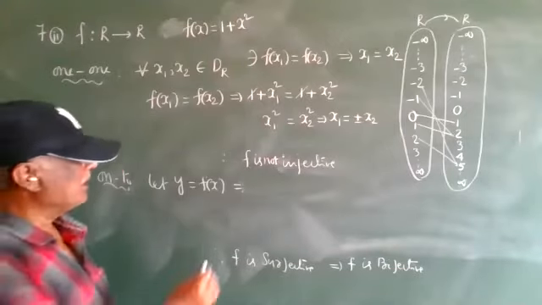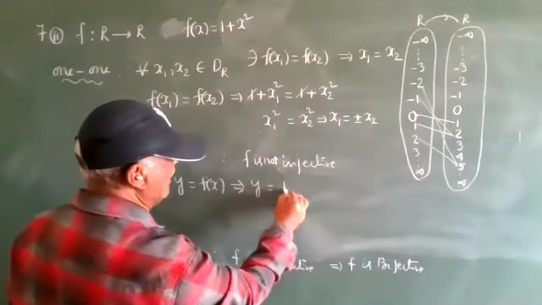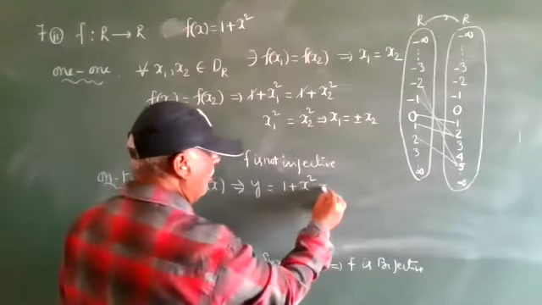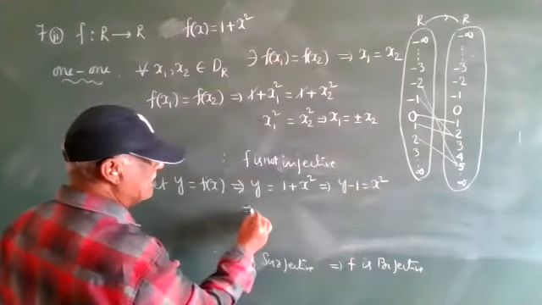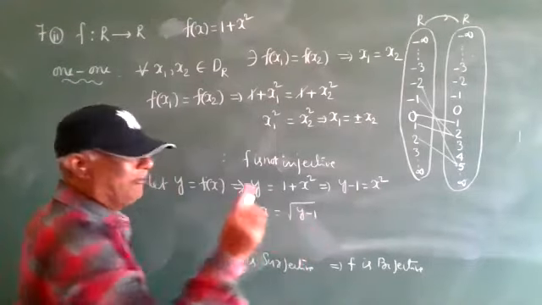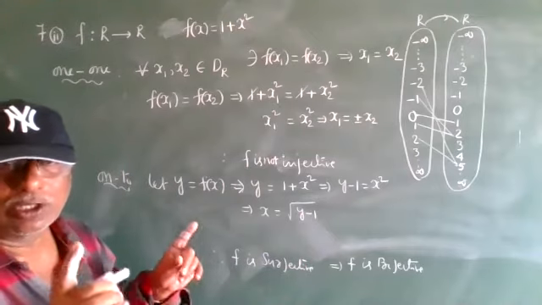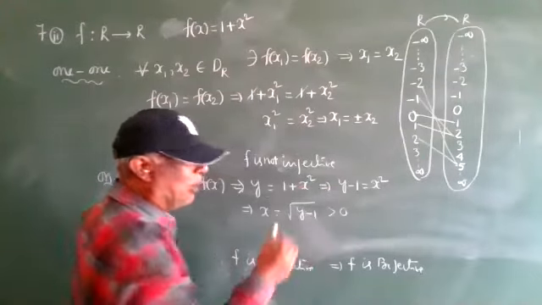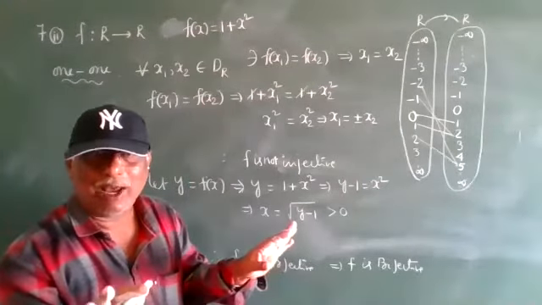Right. y is equal to f of x. What is the f of x value? It is 1 plus x square. Right, see. y minus 1 is equal to x square. What is the x value? So, root over y minus 1. Every root gives positive values, so we are getting the positive values only, no negative value. So y is greater than or equal to 0. We are getting the positive values only, no question of negative value.